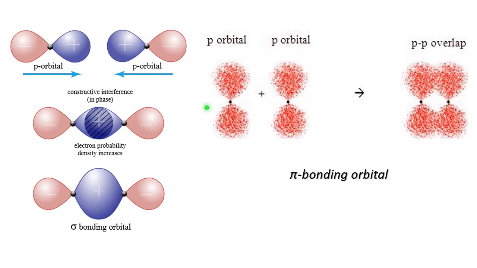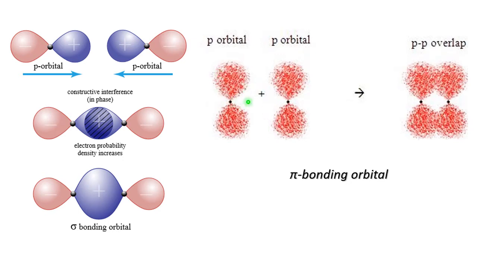They can form different bonds. If 2p orbitals overlap with positive lobes, they will have a common area here. You'll have constructive interference, and they will make a sigma bonding orbital. So there are nodes here and there, but there is an overlapping area in the middle. Alternatively,